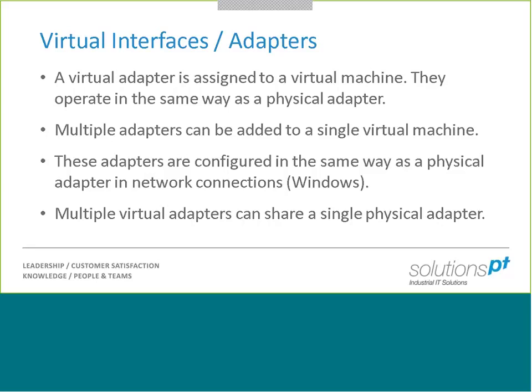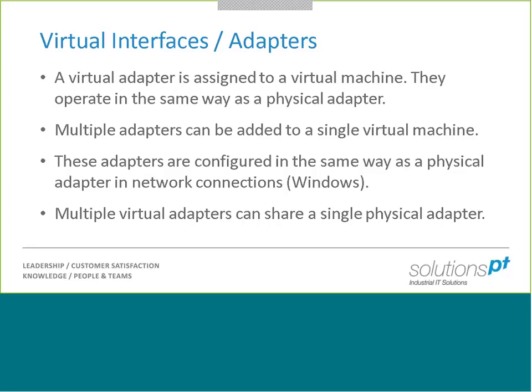Now, we were talking earlier about the benefits and the way in which we can easily expand our networks and our virtual machines. We can add as many adapters as we want within reason. I believe there is a limit of perhaps 32 per virtual machine, but we can easily add extra adapters to our virtual machines if we want. We can do various things with those extra adapters, link them to different VLANs, link them to different physical segments of the network, but the important thing here is that we can easily add and remove them through the GUI, whether we're using VMware or Hyper-V. It's a couple clicks of a mouse button and you've essentially added a virtual adapter to your virtual machine.